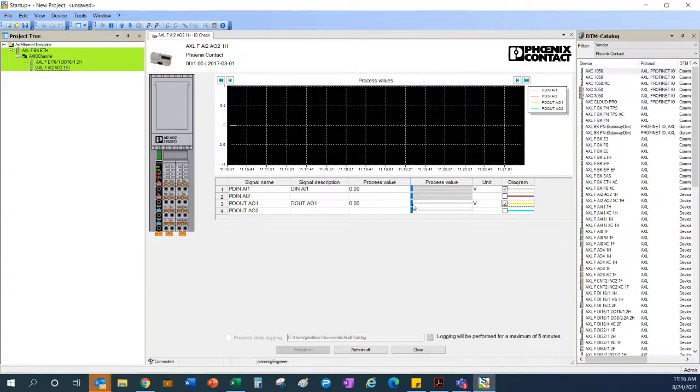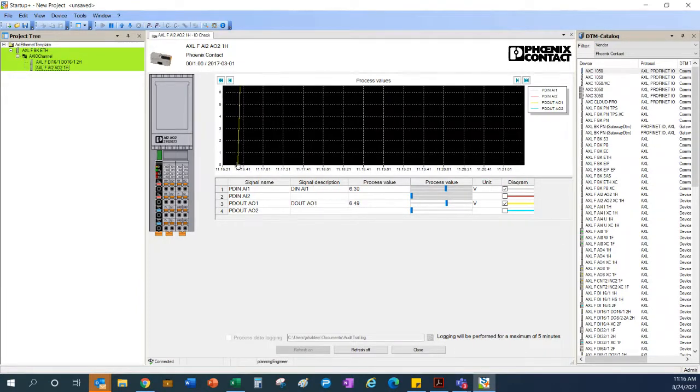So being an output, I can force it. So I'm going to grab my slider and I'm going to move it. And I'm going to put it at 6.49 volts. And you can see my scale jumped up because I'm forcing the output, but I'm actually reading the input. Actually, what I'll do is I'll take the output off the scale so you don't see that. So you're just seeing the gray line for the input. And now if I adjust it real slowly down, you can see the value adjust down